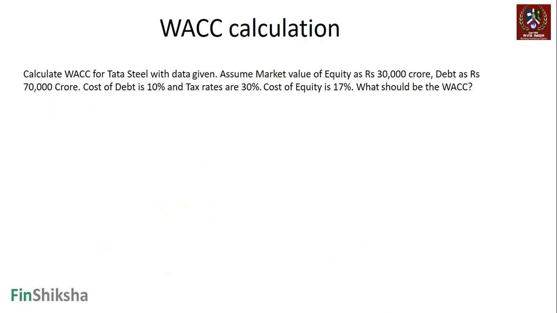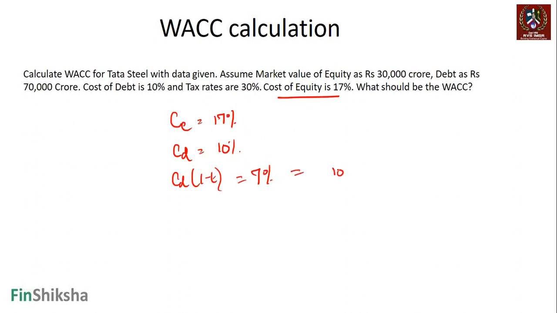So let's try and do a quick WACC calculation. Cost of equity is given as 17%. Cost of debt is given as 10%. Cost of debt into 1 minus tax rate is 10% into 1 minus 30%, which is 7%, right? And weight of equity is essentially 30%. Weight of debt is